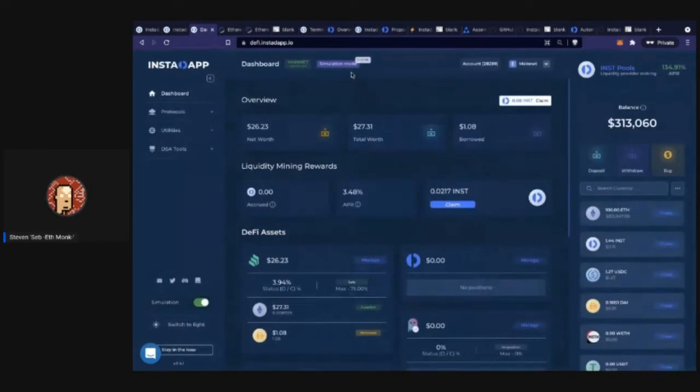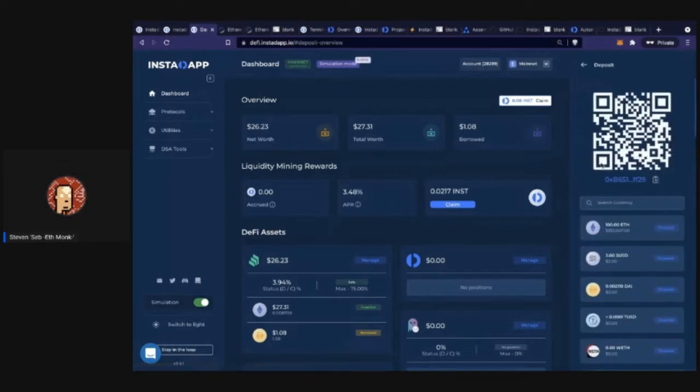If you see up here, it's about 30 minutes that you can use it. And let's first go to this right panel. So this right panel is actually the Instadapp account address. The first thing I would do is click deposit, and you're going to find this address right here. This is your unique DeFi smart account address. So you own this, you can send assets to it.